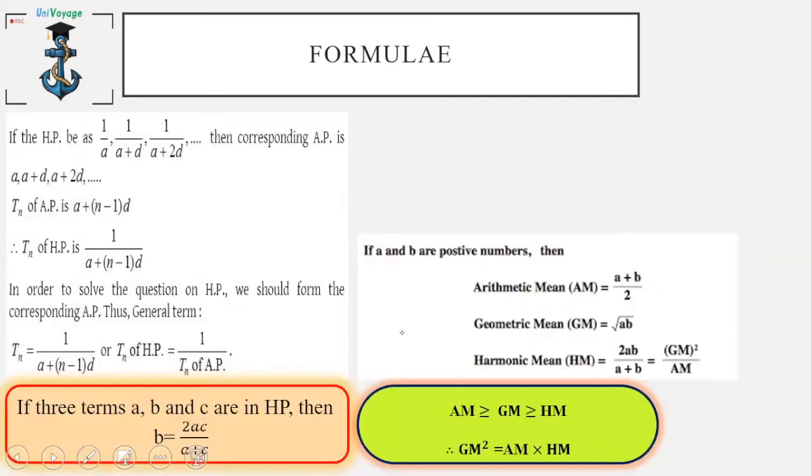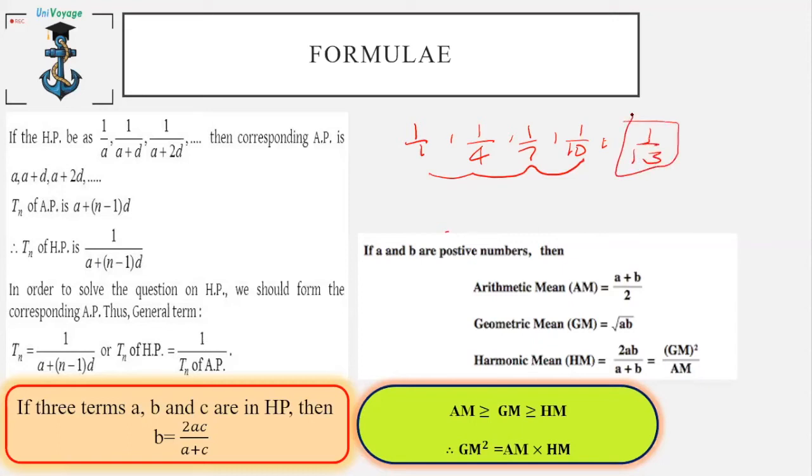So here we have given some important formulae relating to harmonic progression. HP is not really asked in the examination. Let's say we have a sequence of 1 by 1, 1 by 4, 1 by 7, 1 by 10. What would be the next term of the sequence? You'd have to do this through HP. Harmonic progression is basically the reciprocal of an AP. Here you can clearly see that 1, 4, 7 and 10 are in AP. So the next term would clearly be 1 by 13.